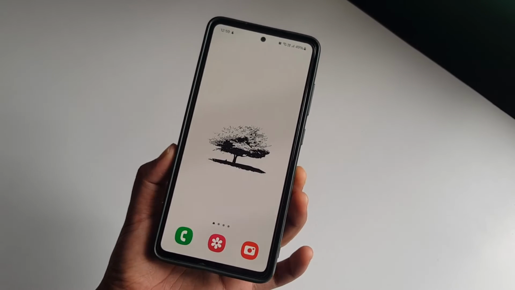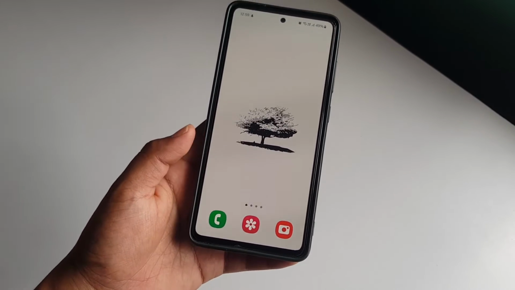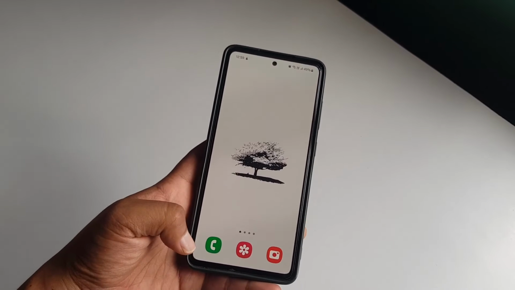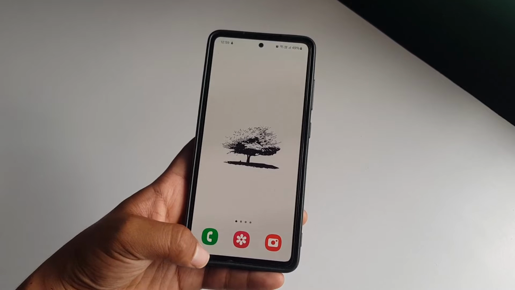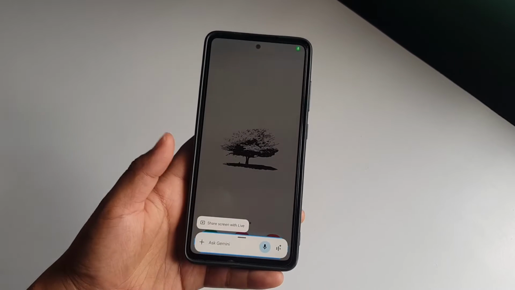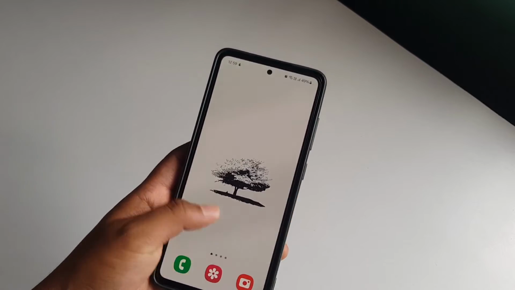In this quick tutorial, I'm about to show you guys how you can use ChatGPT as your digital assistant. So right now I am using Gemini as my assistant. As you guys can see, this is Gemini I'm using right now. So let's go to ChatGPT first,